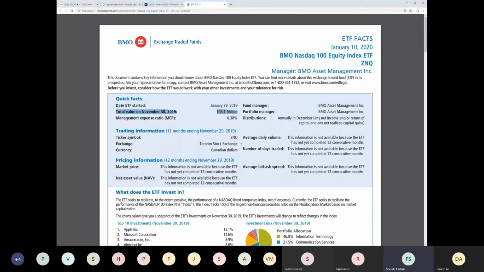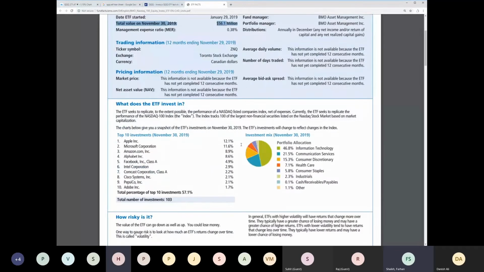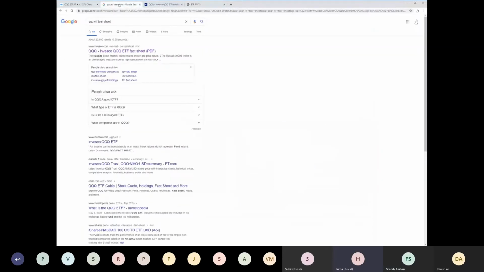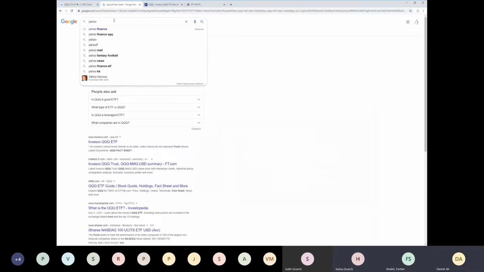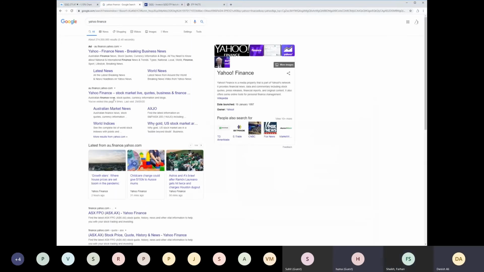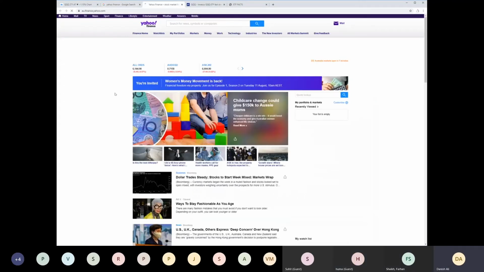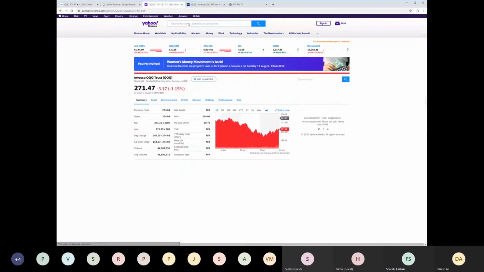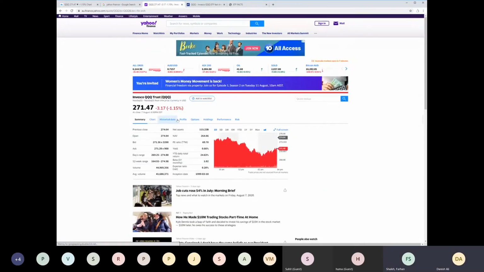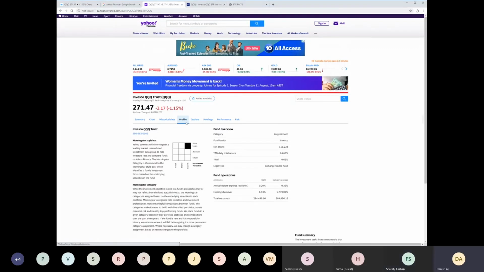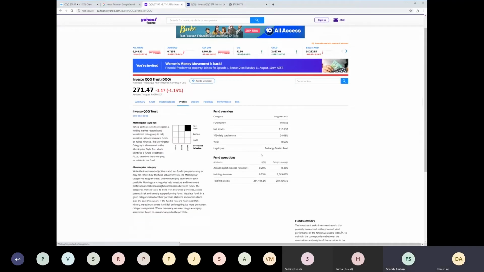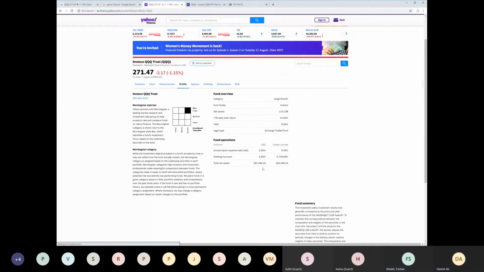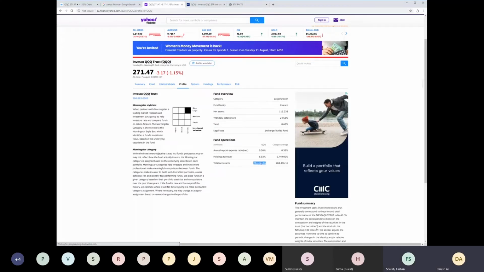Danish, you could check that in Yahoo. Oh yeah, good. You are a gem whenever you join my call. It should show on the profile. Total net assets here.